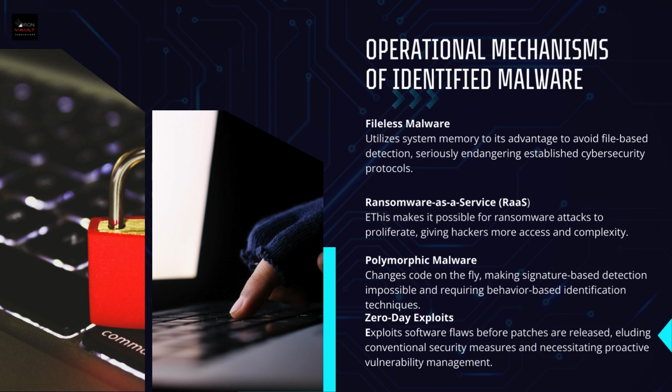This makes it possible for ransomware attacks to proliferate, giving hackers more access and complexity. So it's just the ransomware attack, and they'll ask you for money after the attack is done on you. The next one is polymorphic malware, which changes the code on the fly, making signature-based detections impossible and requiring behavior-based